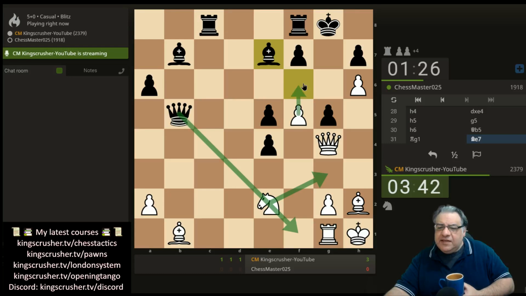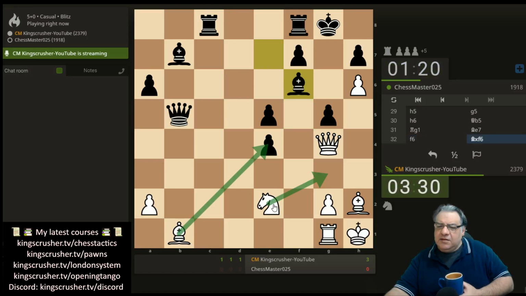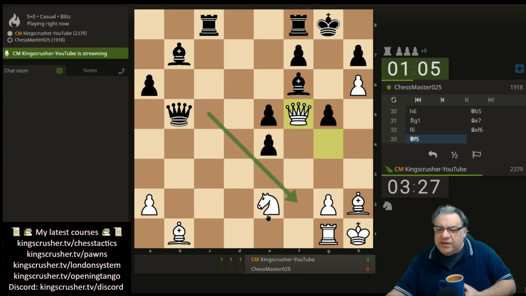Isn't f6 any good here? Because I'm sort of X-raying h7, and then there's... I'm going to try this anyway. Maybe there's something going on. I don't know exactly. Oh, there's a forked pawn on queen e2. I want to do this and this, or that and that. Am I getting obliterated in the meantime? That's the question. Queen e2, queen...